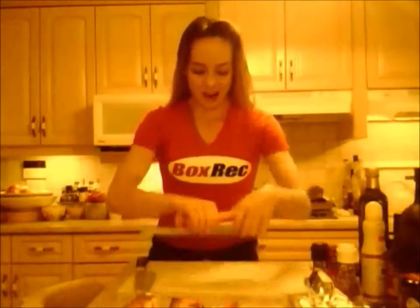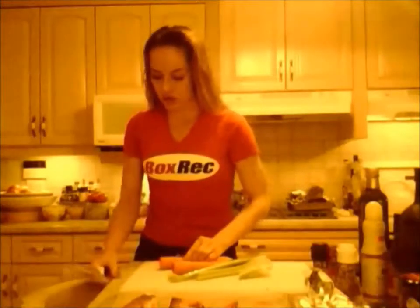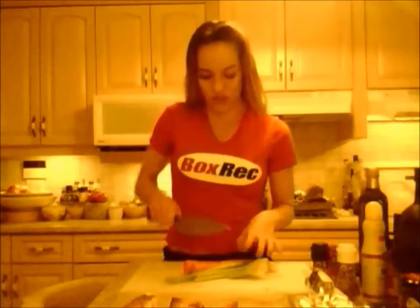They're just in here. Next thing I'm going to do is move this. I am going to roughly chop 2 carrots and 2 big celery stalks, okay? They're washed. I'm just going to chop the ends off. Make sure you're using nice sharp knives so you don't cut yourself. When you are chopping, especially things that are hard, like hard carrots or something like that, you want a super sharp knife, because the more power you have to use to slice through those